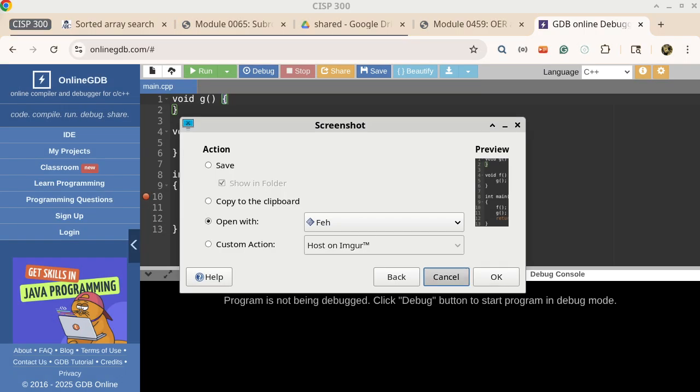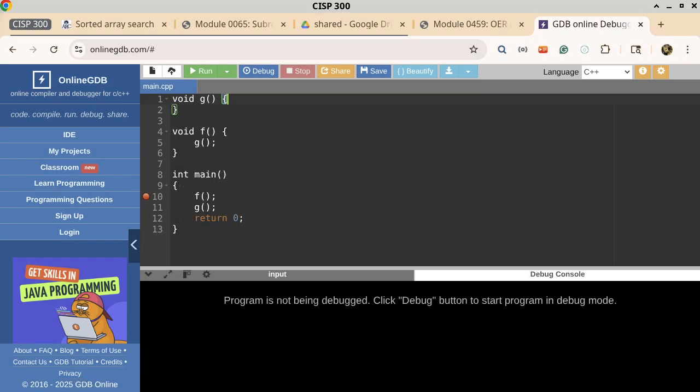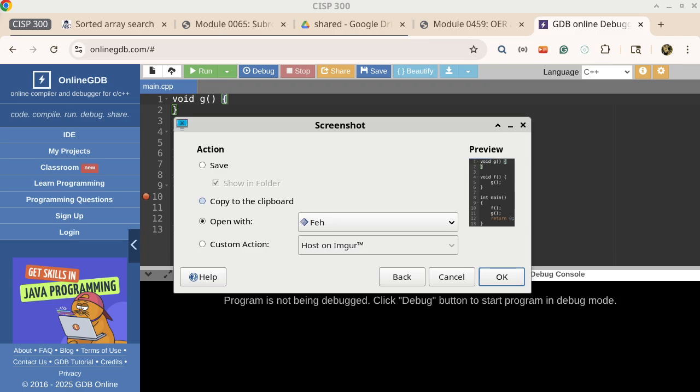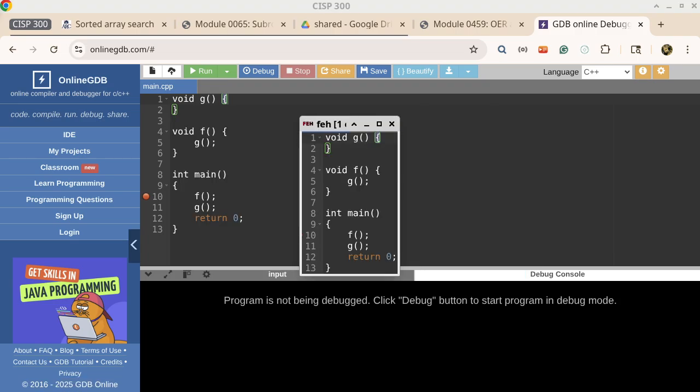My mouse button. There we go. Just a little more. There we go. All right. So we'll show this on the upper right corner,